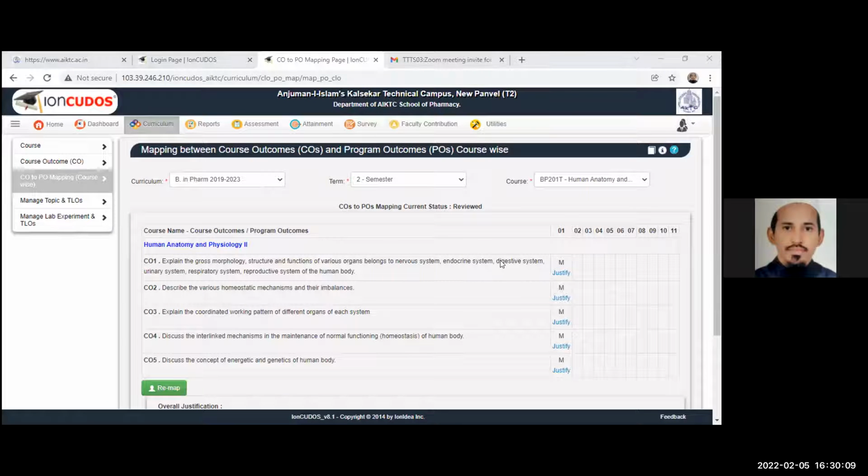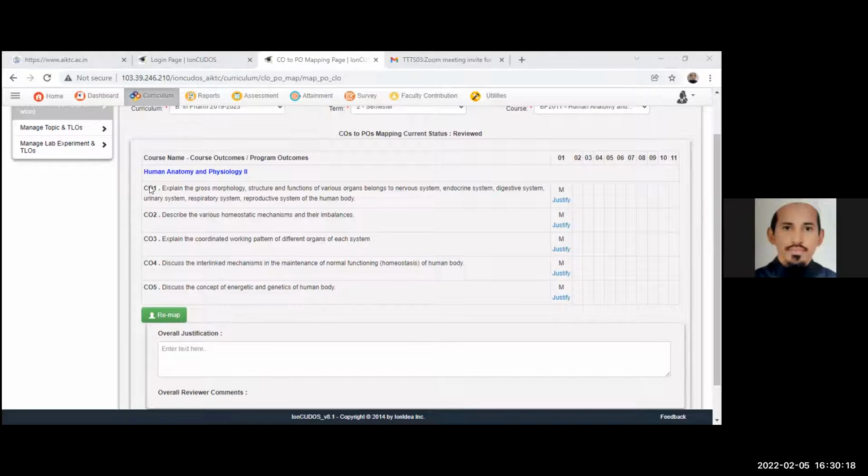Like that. See now, I have selected batch 1923 semester 2 and the subject which is allocated to me. Whatever course outcomes you have added here will display here. Then in program outcome, we have 11 program outcomes.